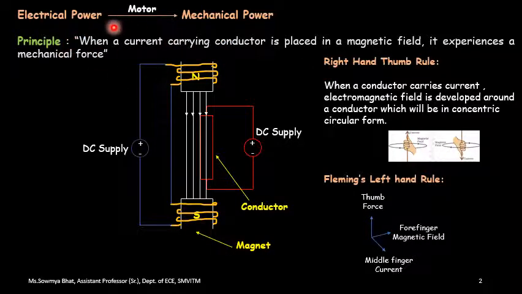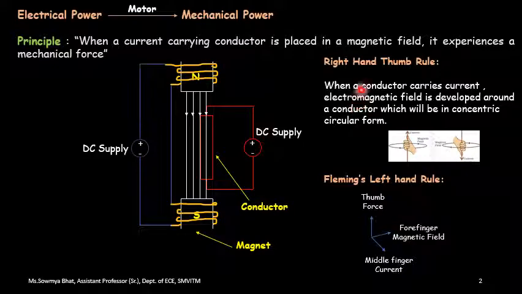Apart from this principle, I have to determine the direction of the magnetic field produced by the current carrying conductor, as well as the direction of the force, which is due to the distortion of the flux, in the sense that it is no longer parallel in nature. So in order to determine the direction of the force, I will be making use of Fleming's left hand rule.